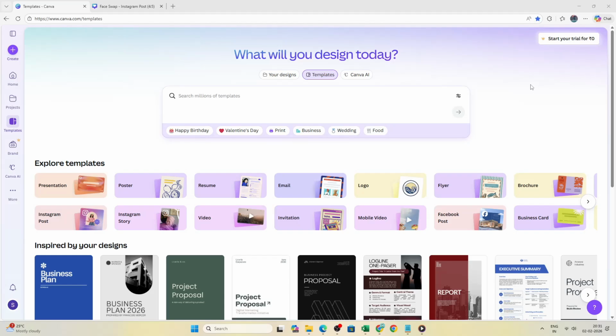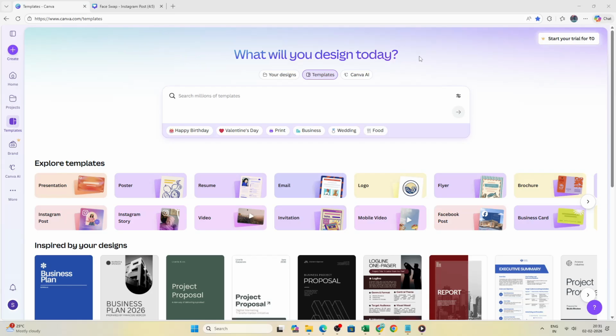In today's video, I'm going to teach you how to face swap in Canva for free. We'll walk through the exact clicks you need inside Canva, using an app integration that makes swapping faces quick and beginner-friendly. By the end, you'll know how to bring a swapped image straight into your current design without leaving your